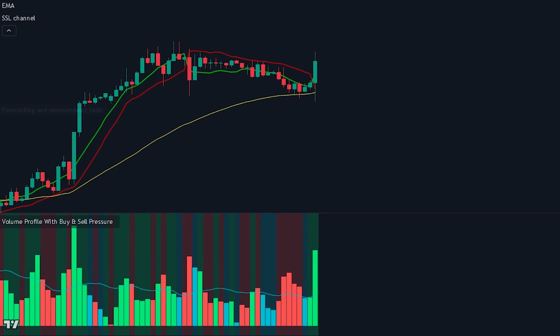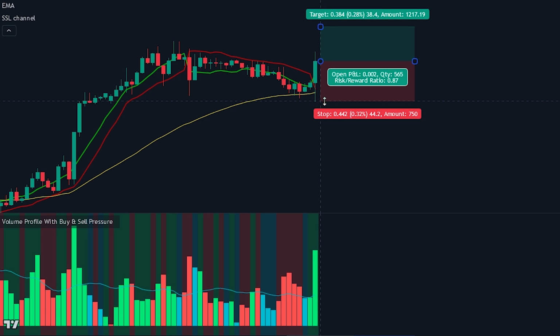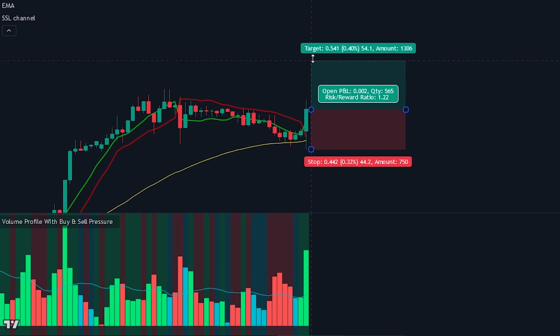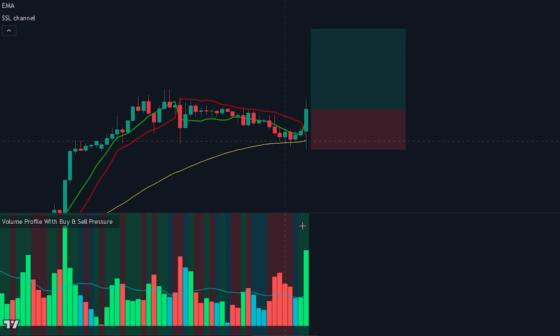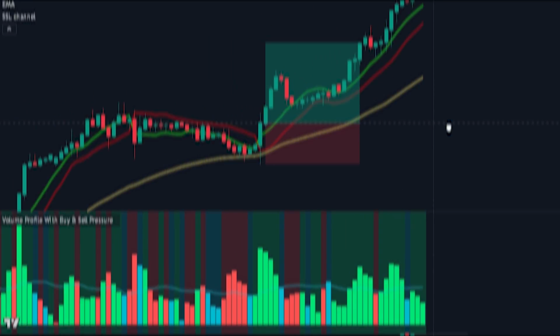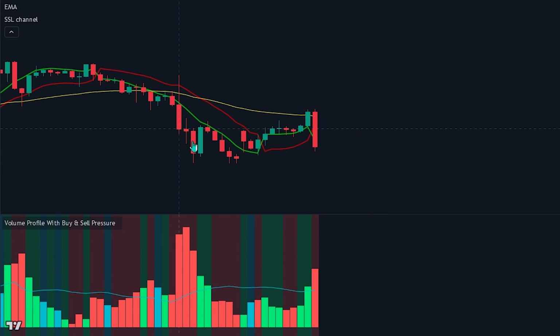All of these signals indicate that it's a good idea to enter into a position, so let's enter into the buy position. We will be placing the stop loss at the recent swing low and targeting a 2x risk to reward ratio. Upon taking a look at the price action, we can note that the